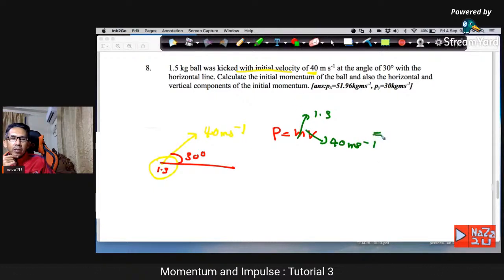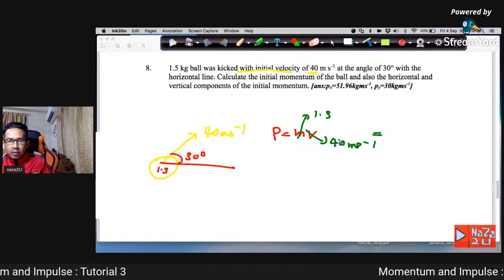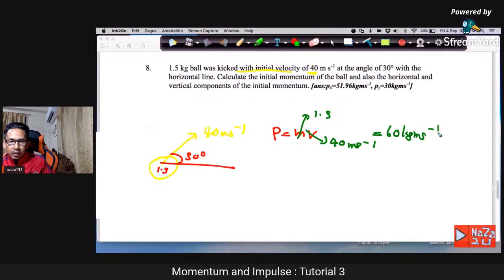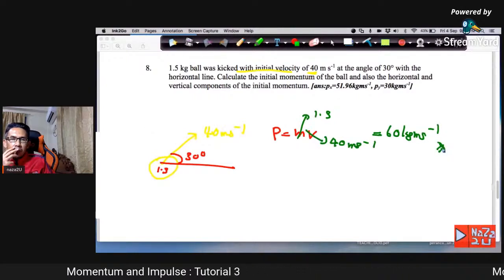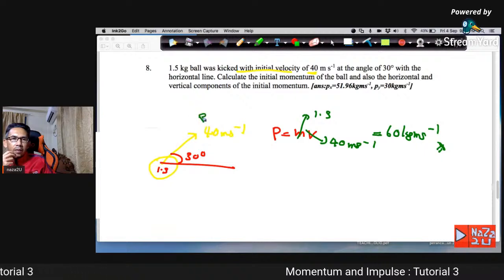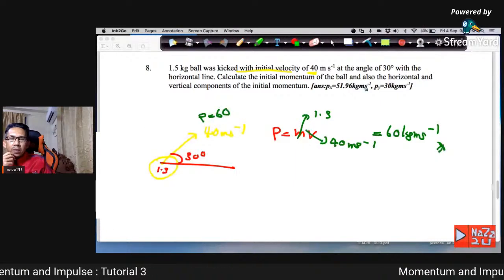So you can find the value of the momentum. 40 times 1.5 is 60 kilogram meter per second. So this is the initial momentum, P is equal to 60. So now the question asks you to